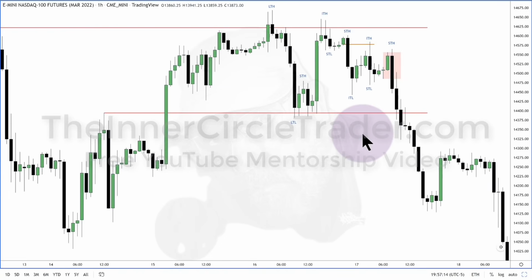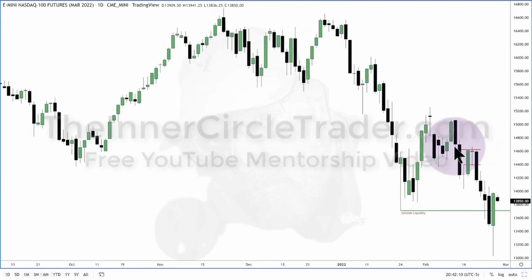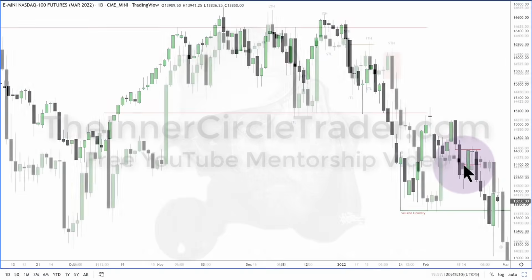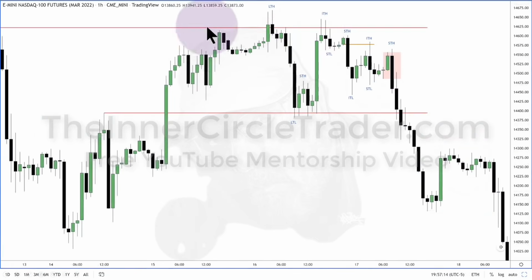So right away, we know that price has traded up to the high end of that fair value gap. And again, this level here is that daily chart. Let me go back up one chart. That's this level here, okay? It's on this candle, that low. And the low of the fair value gap is this candle's high. Dropping down into the hourly chart, that's the high end of the fair value gap. This is the low end of the fair value gap, again on an hourly chart. So that way we have our bearings.